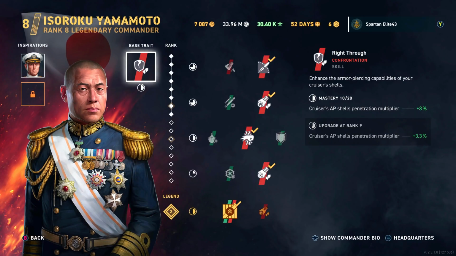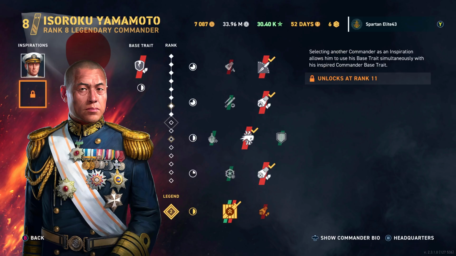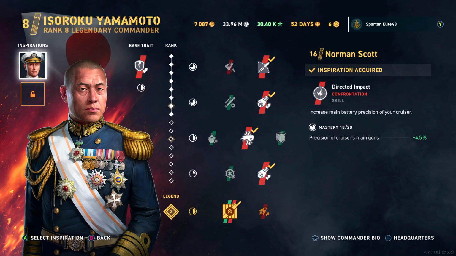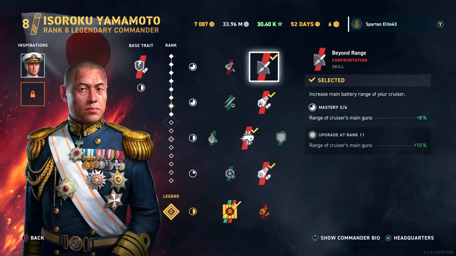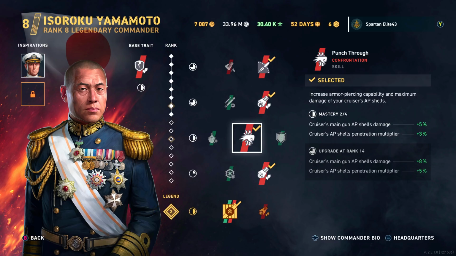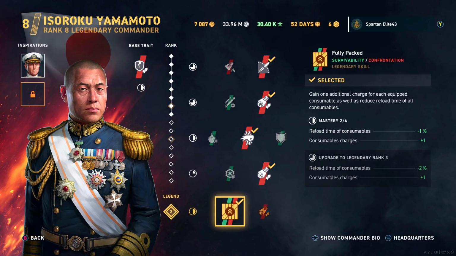We've got Isoroku Yamamoto. He's a level 8, sorry. We do not have a second inspiration, but we've got Norman Scott as our main inspiration, which gives you the bonus to the precision of the main weapons. We have Beyond Range, Igniter, Punch Through, Fixated, and